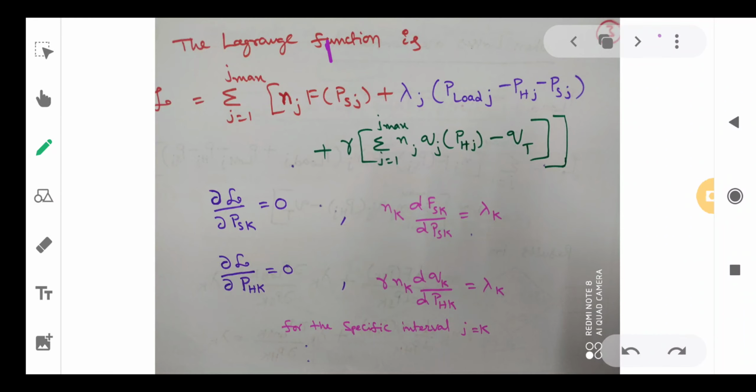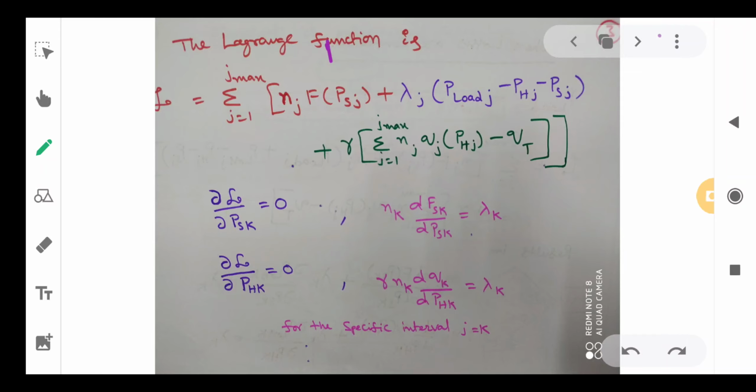Therefore this is the second constraint. The function as well as constraints together form the Lagrangian function. Therefore let us have dou L by dou PSk equal to 0, dou L by dou PHk equal to 0. The derivative with respect to steam generation and the derivative with respect to hydro generation must be equal to 0, which leads to these two